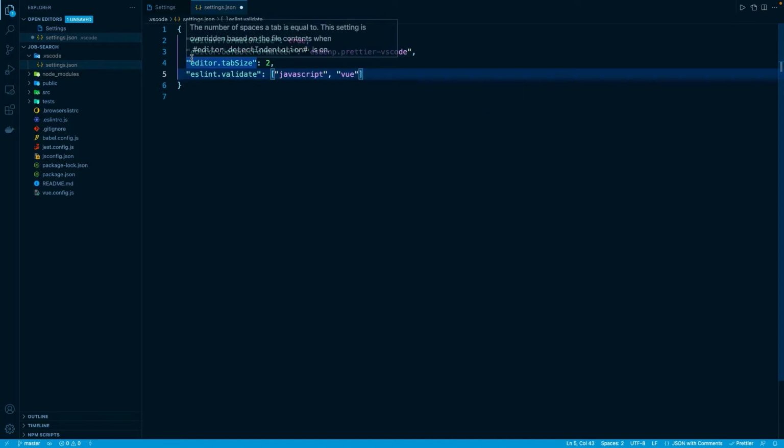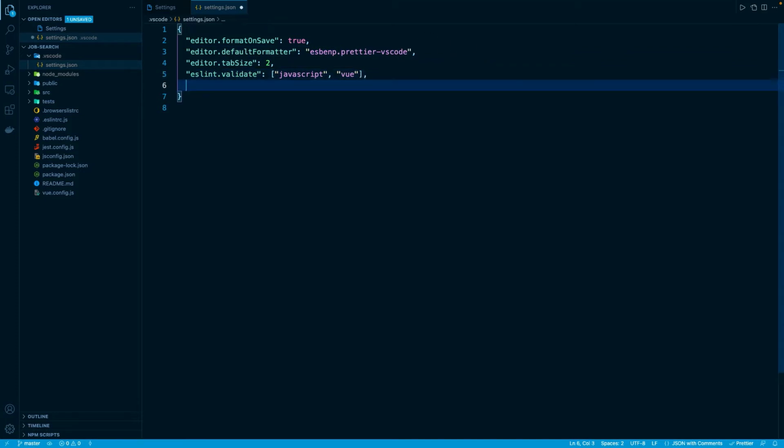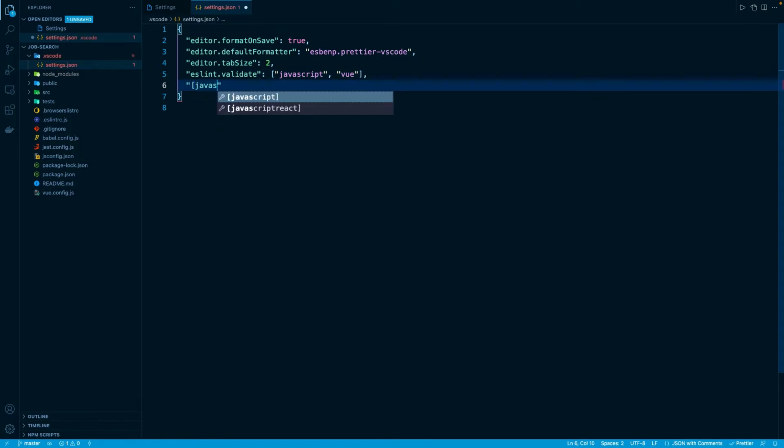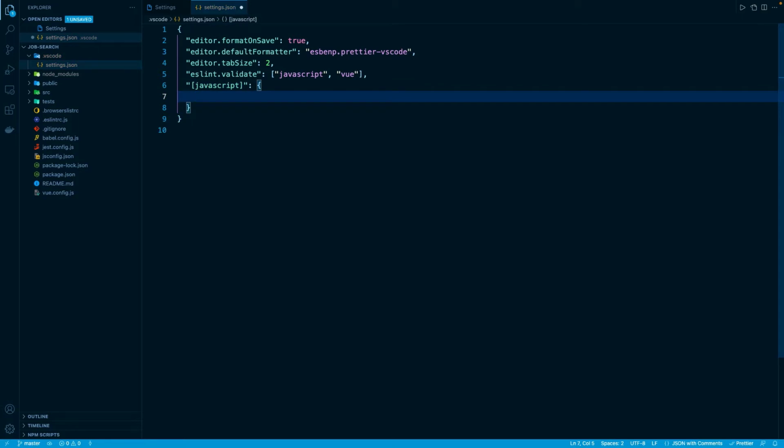My hope, of course, is that this line number 3 applies to all types of files in my code base because Prettier can work on JavaScript files and Vue files and HTML, but for some reason on my end, I found that it sometimes skips JavaScript files, so I want to add a second rule that's going to be very similar to this one. Basically, the way it's going to work is like this. I'm going to create a new rule, and so in here, in double quotes, I'm going to say javascript, and make sure you wrap it in square brackets. And basically this is saying I'm going to make a rule here for just JavaScript files. To that, I'm going to attach an object, and here inside that object, I'm going to copy